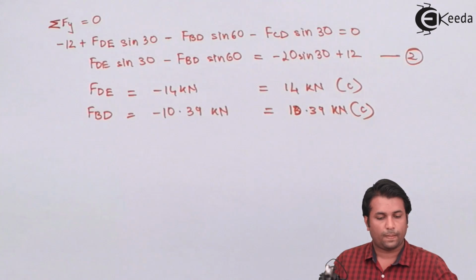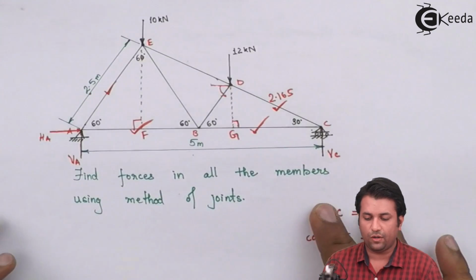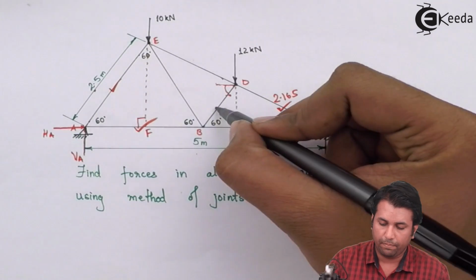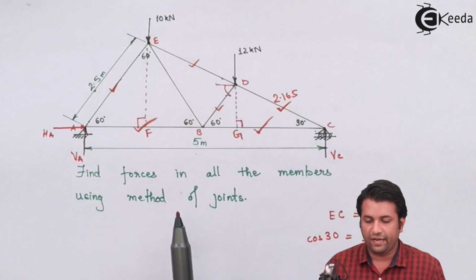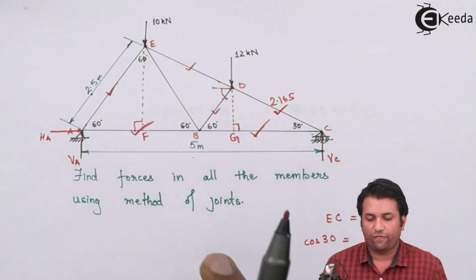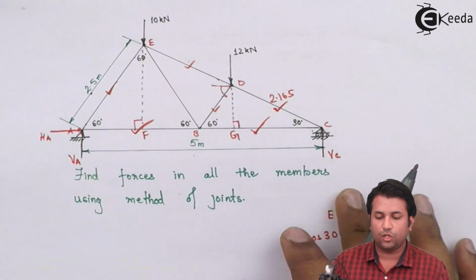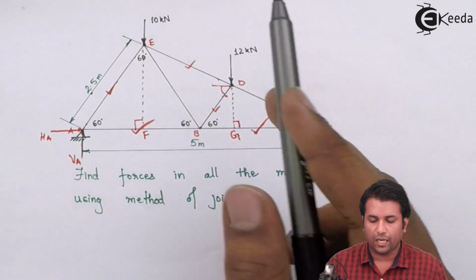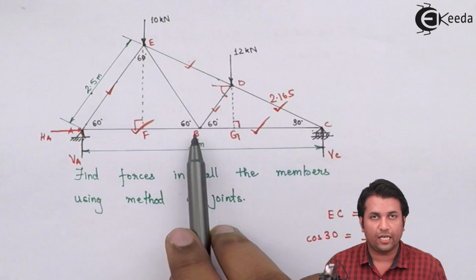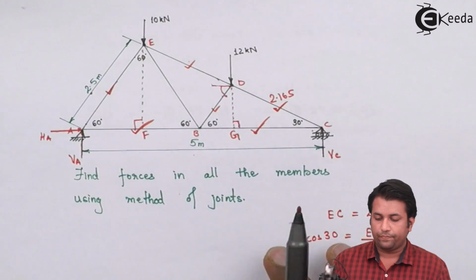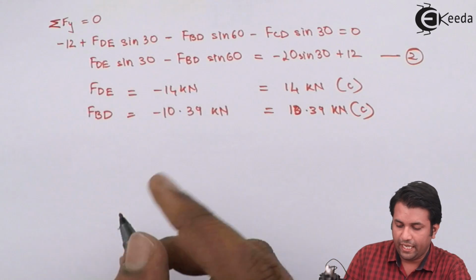Now you can see that I have calculated the force in the members BD and DE. Now the only member that is left out is BE. So for that, I can take joint E and solve it, or I can go for joint B and then solve it. I would prefer taking joint B. Now taking joint B,